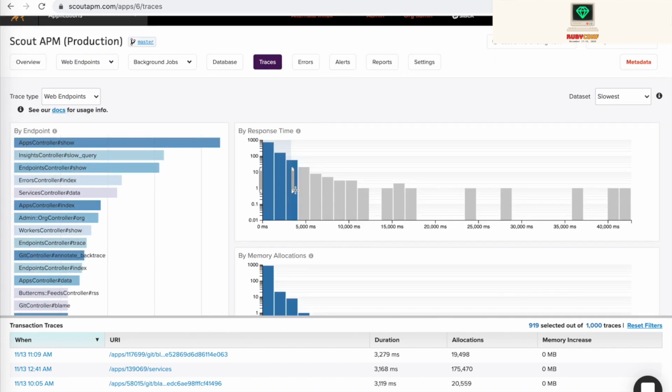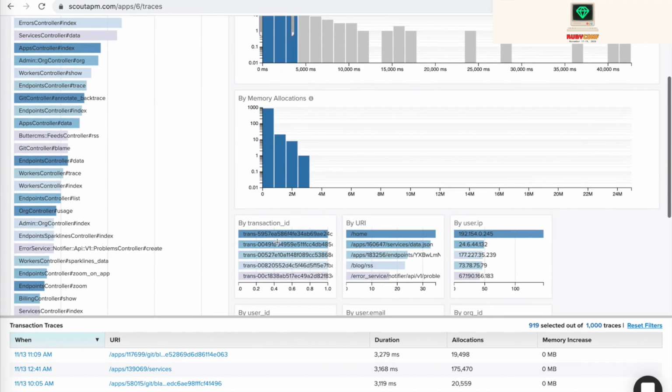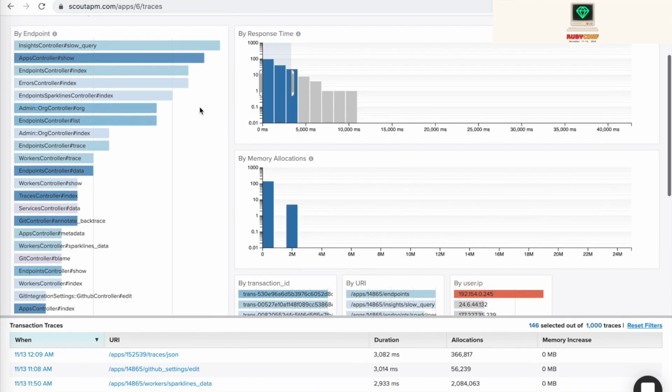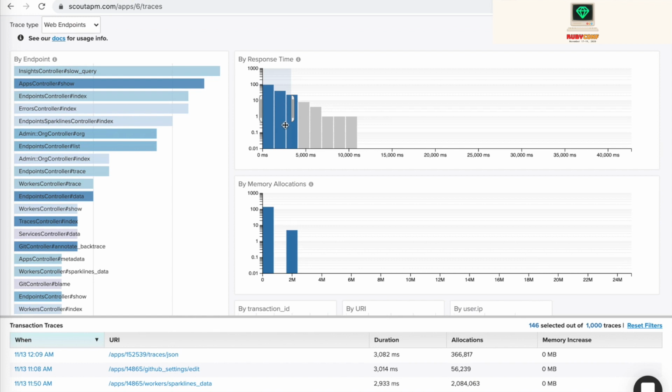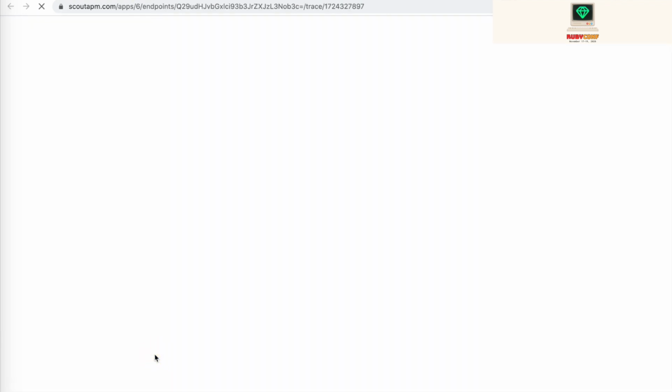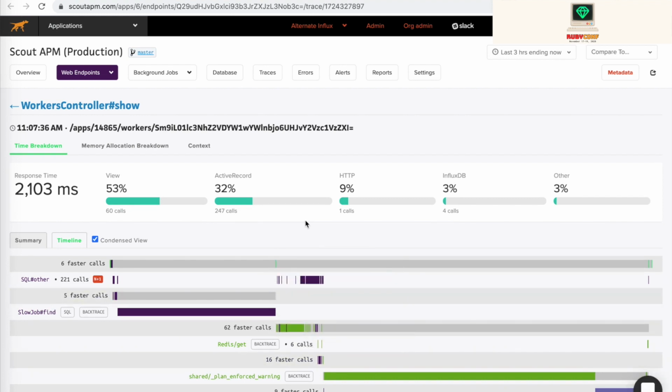If we go down and we just want to see what was slow by a certain IP, just click that. It'll show us what endpoints were hit by this particular IP and what the response times were, and we can filter further, saying let's take a look at just the ones caused by this endpoint, and down below we'll see the detailed traces where we can click directly into that, and it'll take us right to that detailed trace.